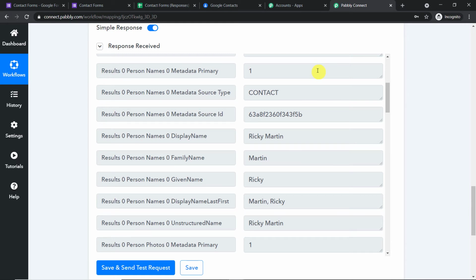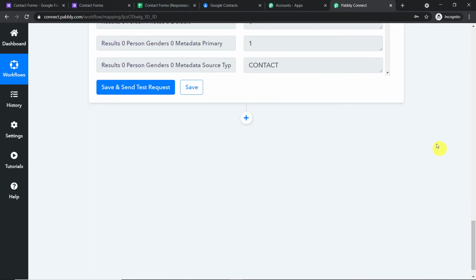Now we have to establish two data routes. The first data route is, if the person is present in Google Contacts, then what should happen? If the person is not present in Google Contacts, then what should happen? If the person is already present as a contact, all we have to do is update him as a contact, for example if we have some extra details of Ricky Martin. If Ricky Martin is not present, then we create him as a contact in Google Contacts. So we will have two streams of data, basically two routes. To split the data into two streams, we are going to use routers.